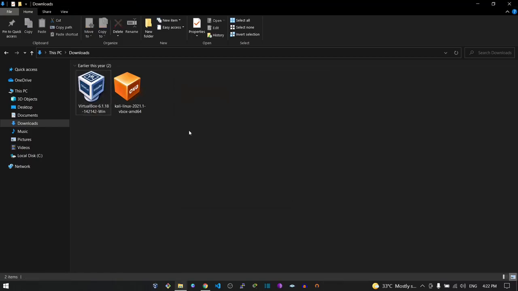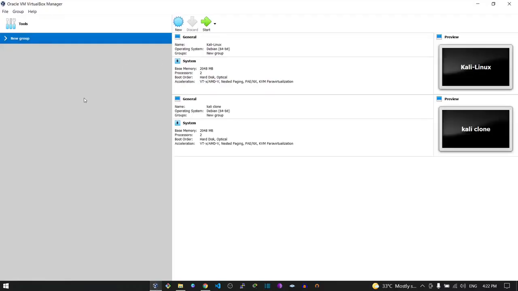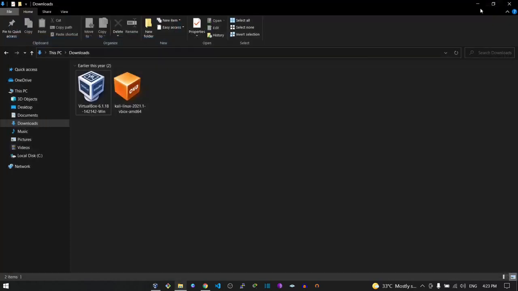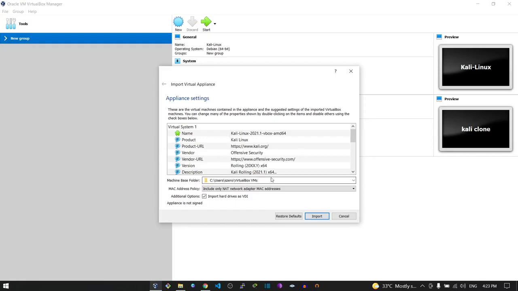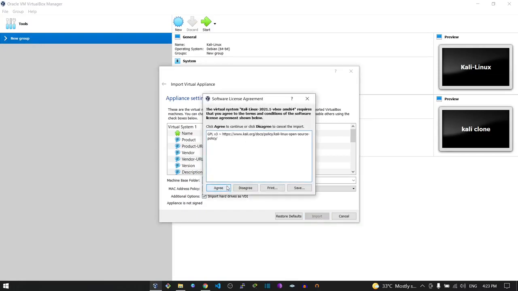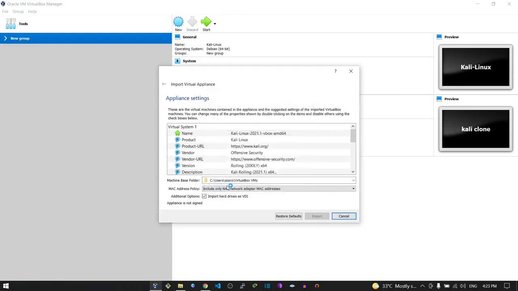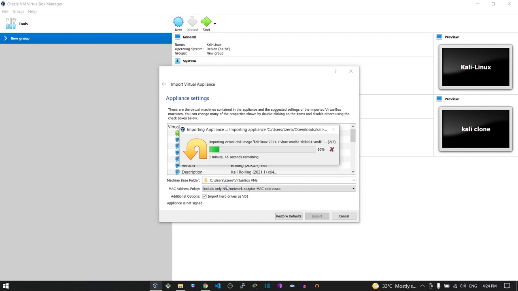Now after installing VirtualBox, you will get interface something like this. Do remember that you won't get these two machines because I was already working on this machine and use this as my daily driver, so it is showing up here, right? But if you are doing it for first time, it would be completely empty, right? So for installing Kali Linux onto VirtualBox, we just have to double click on it and import it. And for now, leave all the setting to the default and we'll change it further, and click on agree for the license agreement, and it would hardly take 30 seconds to 1 minute, right?